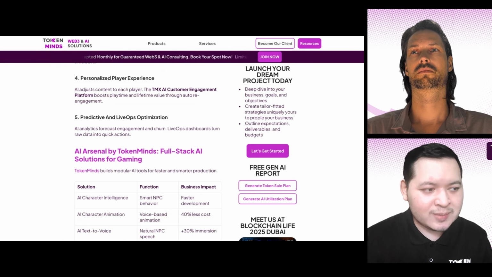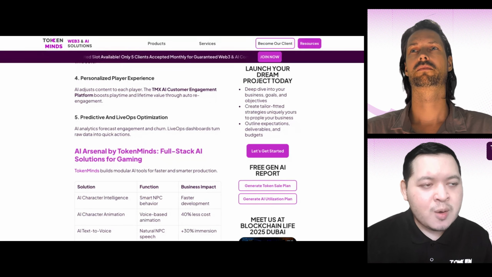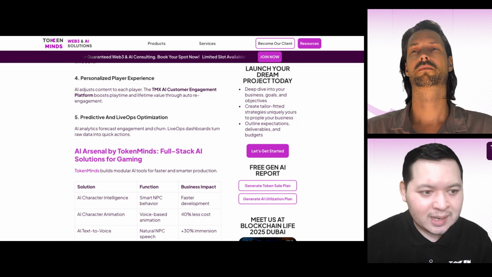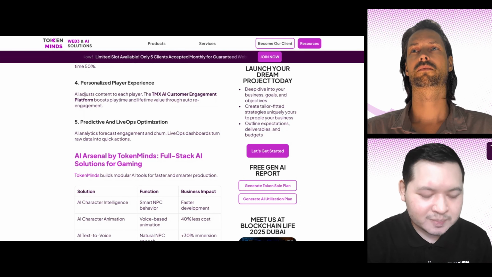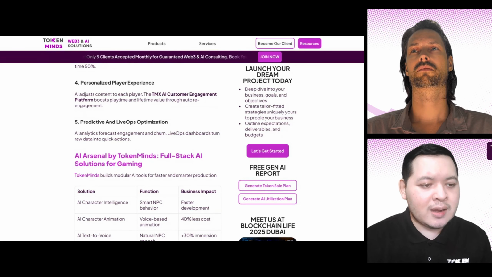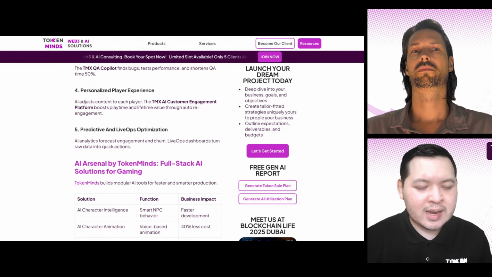That already helps a lot in the QA process, where we can also detect the bugs and generate the reports of those bugs for later improvements automatically by the AI agents. And we can also apply the AI agents into personalized player experience development.